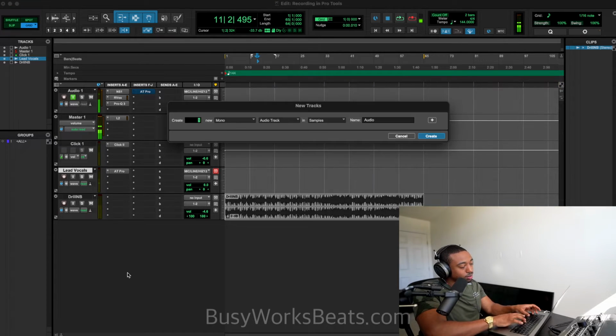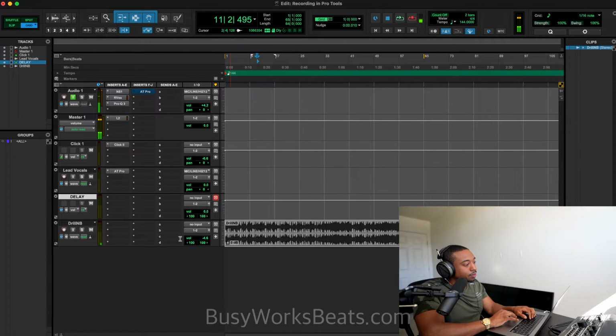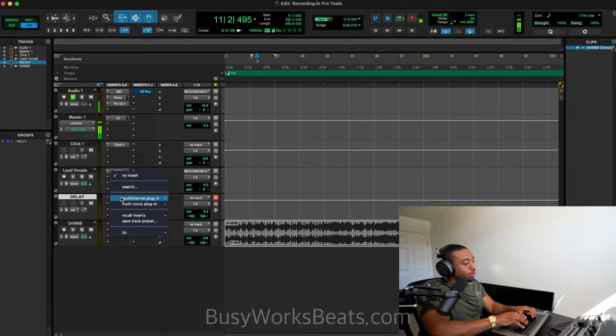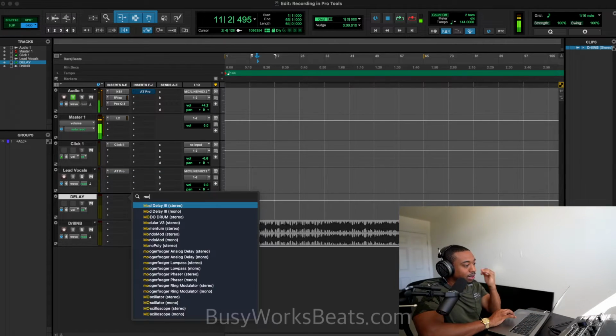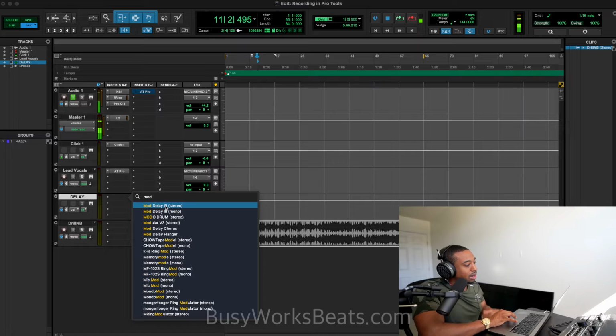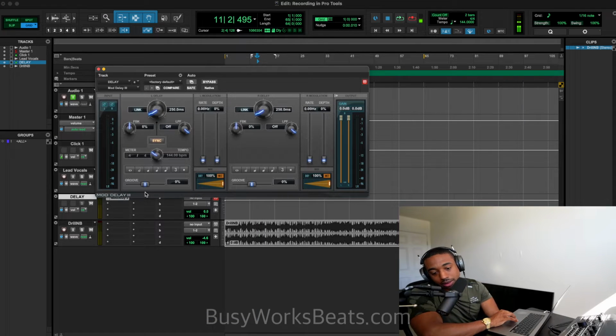Let's hit Control-Shift-N. Let's go to stereo, meaning that we have a full image. And let's go to where it says aux input. And let's call this like delay. Okay, and let's hit enter. So now on this delay area, all we want to focus on are the effects, if that's proper grammar. Click here, and we're going to add what's called the mod delay. So we're going to type in, I like to click there and just type it in, mod delay stereo. Very important that we click stereo.